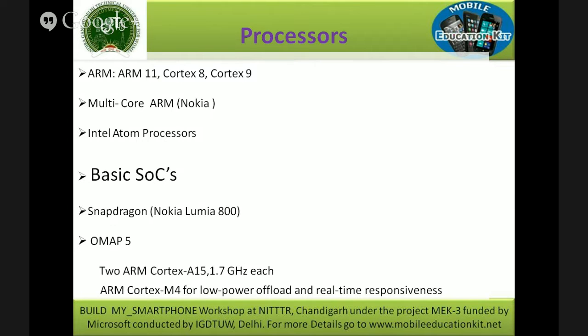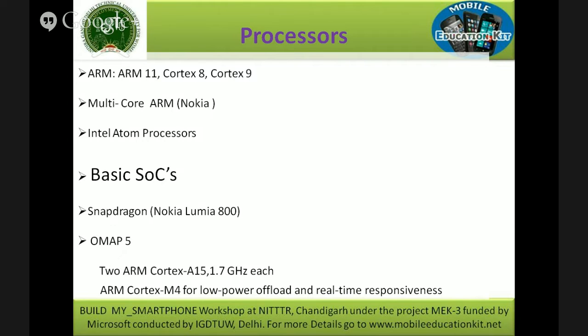So the power requirement in mobile processors is very constrained, and only low power is suitable. We have only two classes of processors at present, as far as my knowledge goes. One is the Intel Atom-based processors for low power applications, then the ARM series of processors. These are the two classes of processors which I have seen, maybe with a few variants, but basically these architectures spread across the entire mobile world.